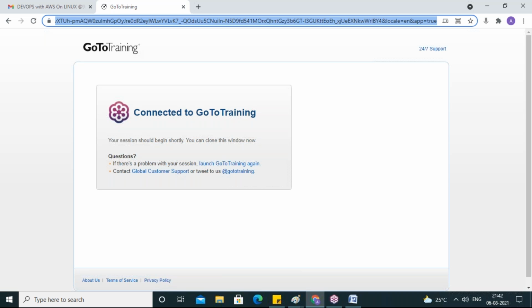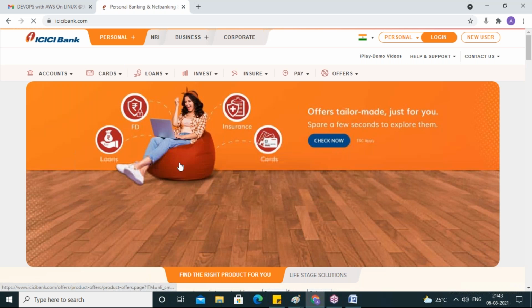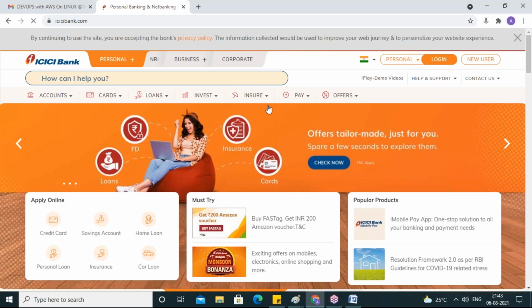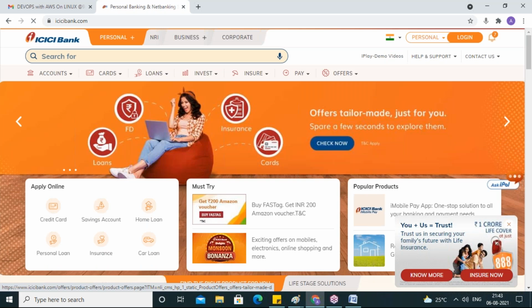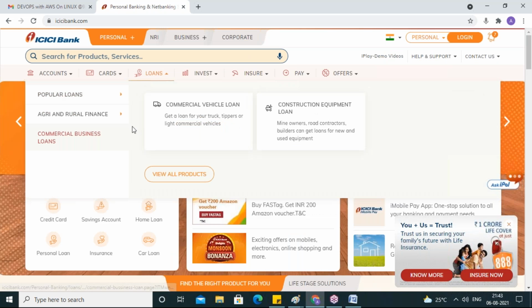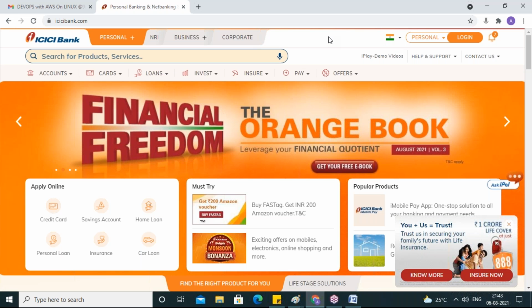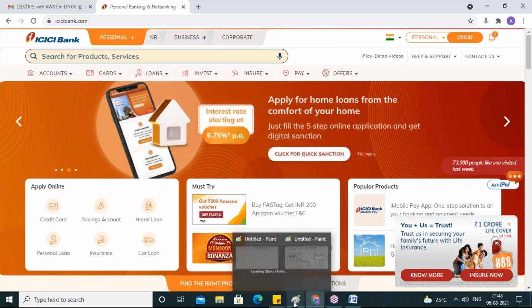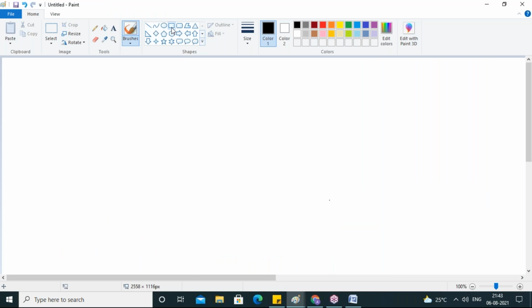When I'm a customer going to ICICIbank.com and I type ICICIbank.com, what will happen exactly? How am I getting this web page? Does anybody know? Is this web page there in my laptop? Take YouTube.com. How am I getting YouTube.com? Is it there in my laptop? No. Actually, over the network, it will reach out to the YouTube